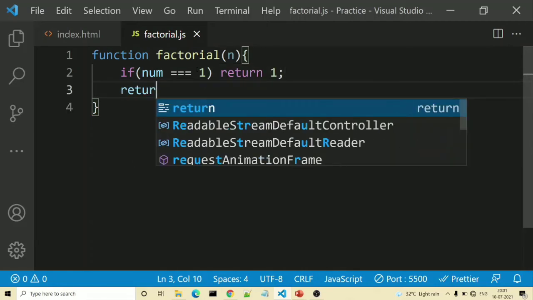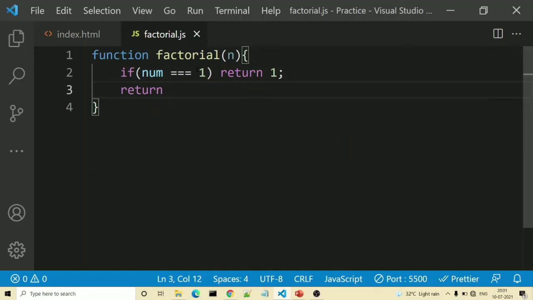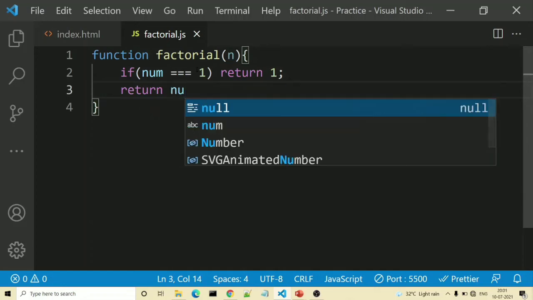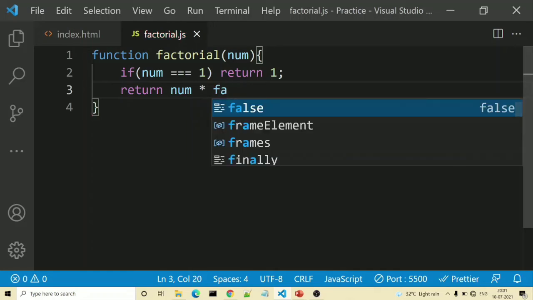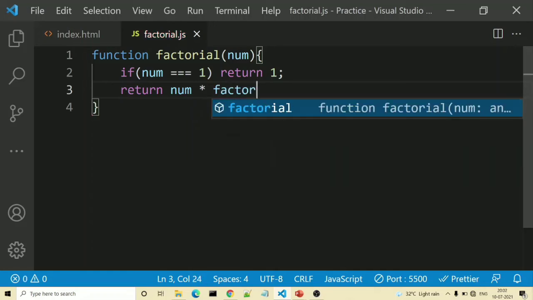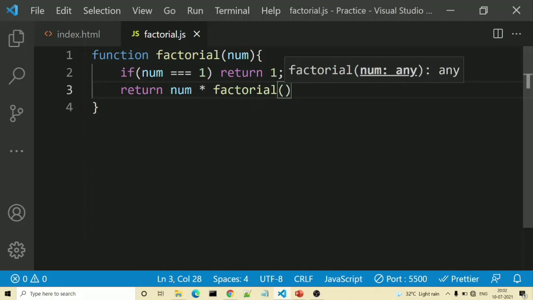In the other return part, we will write return num into factorial of num minus 1.